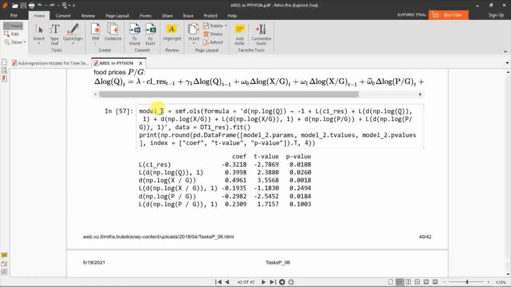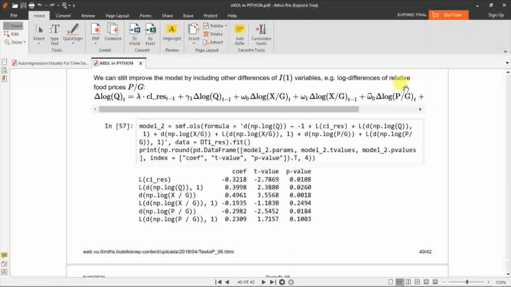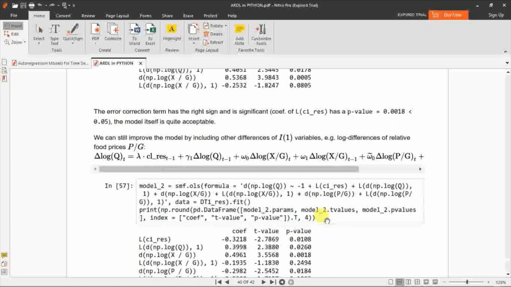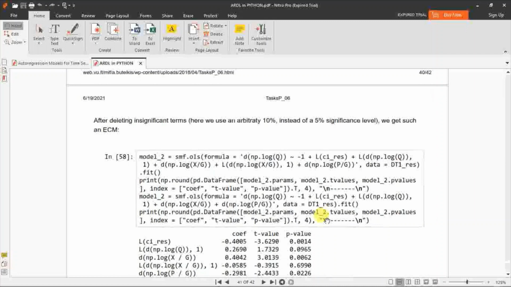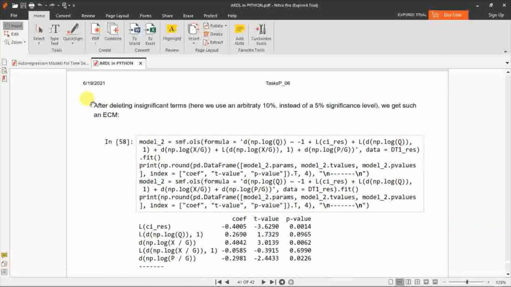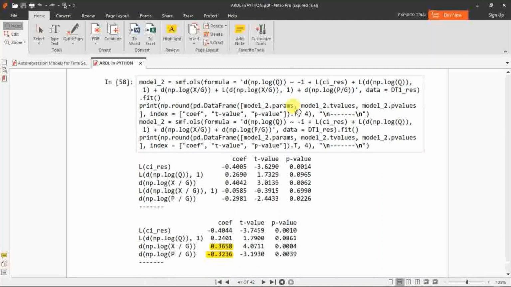So in model number 2, we've actually added the relative food prices P over G. And now one, in fact two, have become insignificant. So now after deleting the insignificant terms, we can do that if you want. After deleting insignificant terms, we already know the criteria. So we get to our final error correction model,